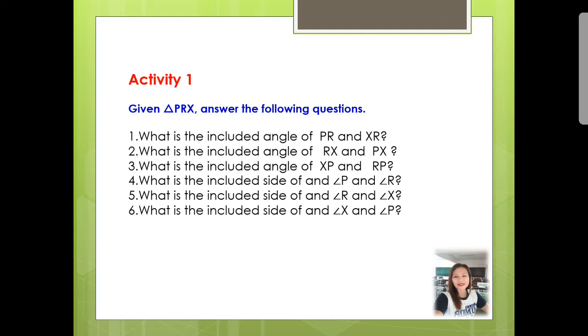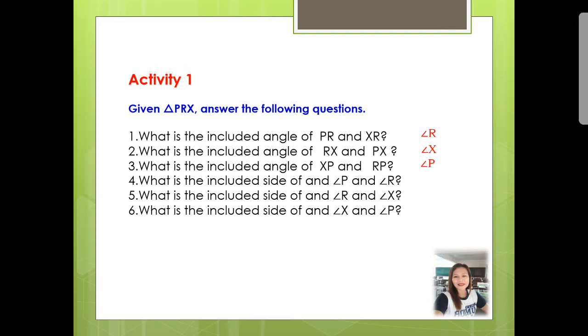Number 1, what is the included angle of side PR and side XR? The answer is angle R. For number 2, what is the included angle of side RX and side PX? So, the answer is angle X. For number 3, what is the included angle of side XP and side RP? So, in between side XP and side RP, the included angle is